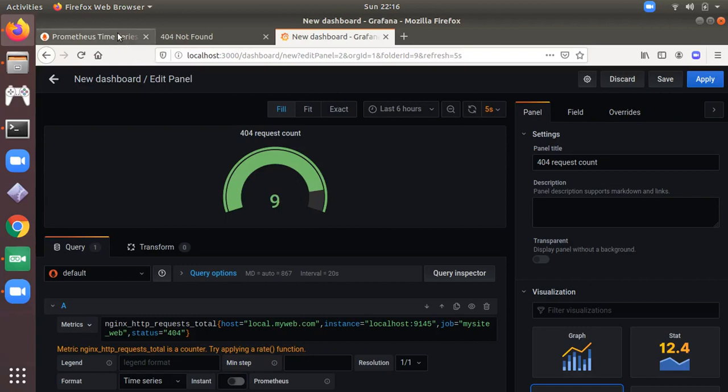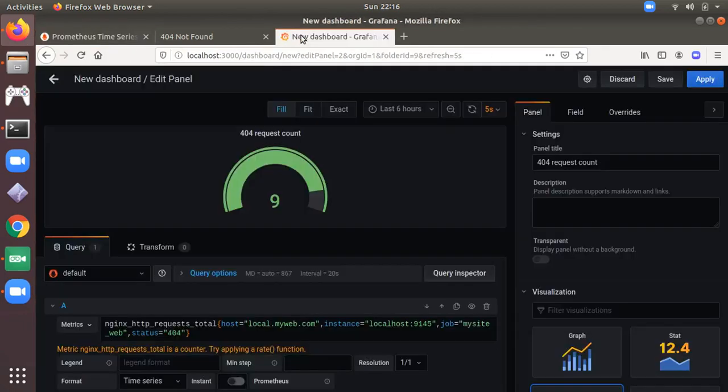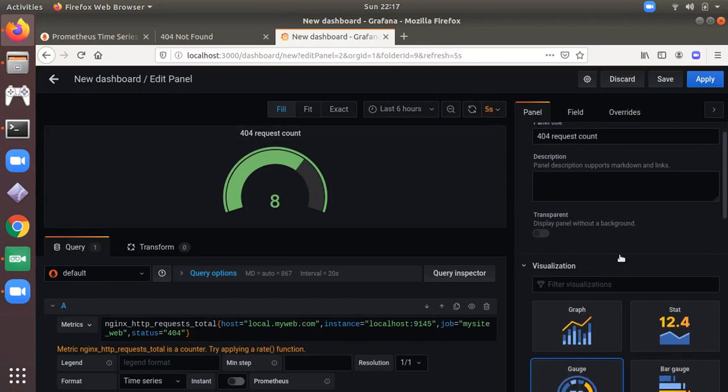It's showing 9, and just a minute, wait. It's showing 8 according to time, whatever time that is.